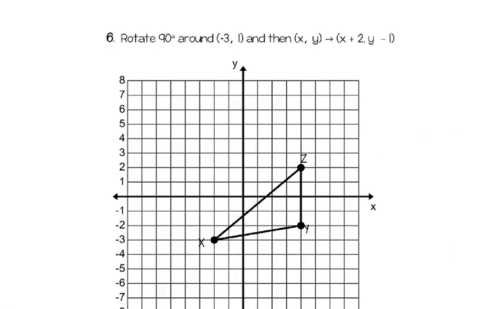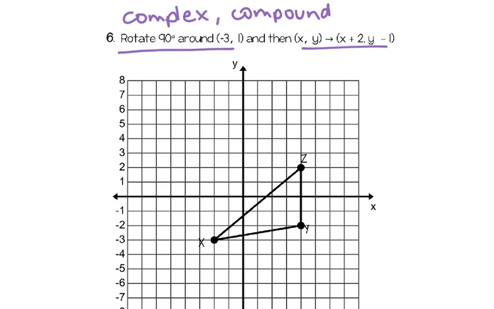Okay, I'm skipping over to number 6 on this one. This one is what we call a complex or a compound transformation because it's got one transformation followed by another transformation. So this one we're going to first do a rotation followed by a translation. So two things. So first I'm going to take all of the points, I'm going to rotate them 90 degrees,